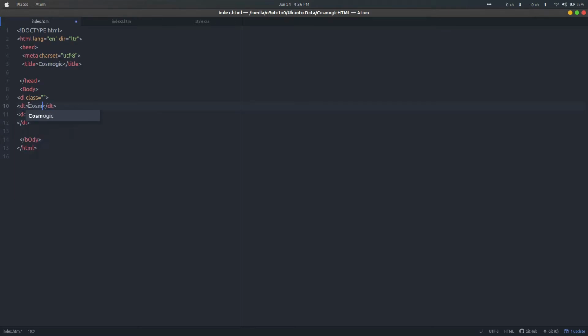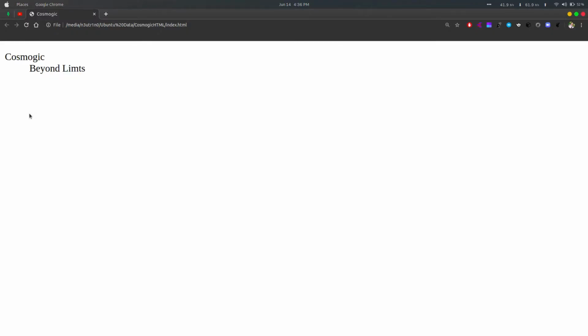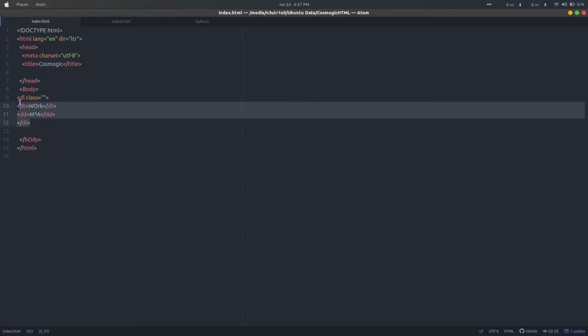Likewise, if I write here cosmologic, and here I write beyond limits, let me save this and refresh it in the browser. You can see this is the heading part, and we have a little bit of margin from the left side because it is the heading and it is the definition.